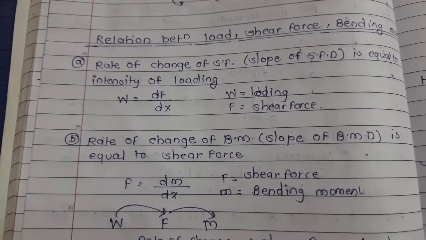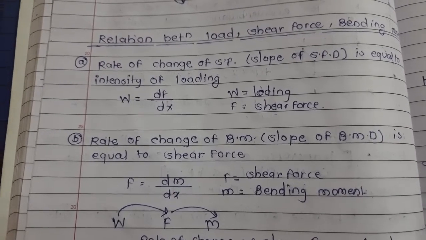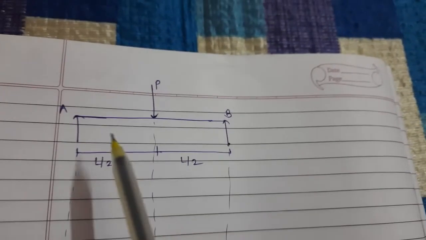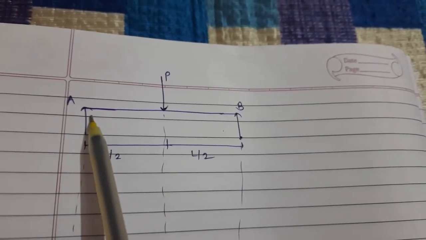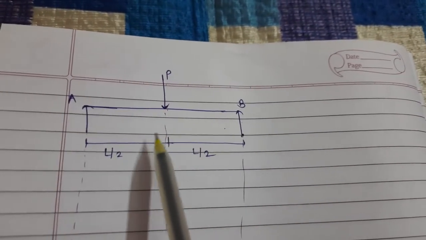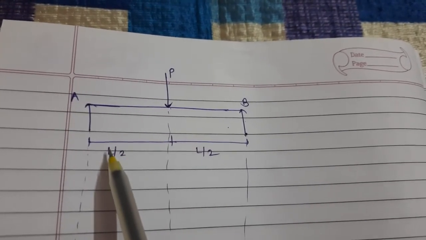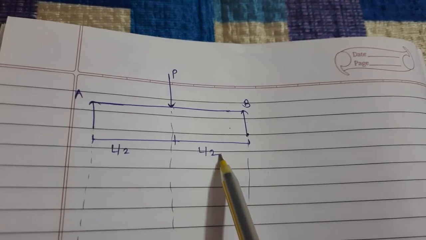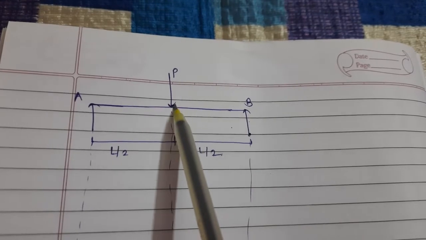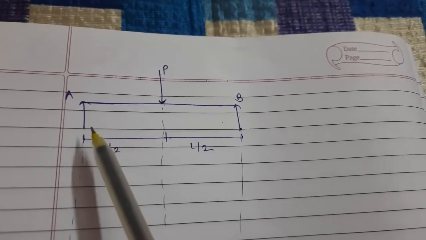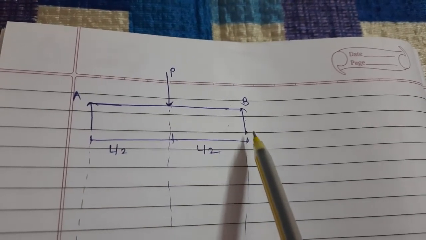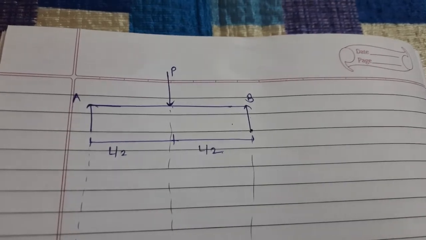The point where the bending moment changes its sign, meaning bending moment is 0, is called the point of contraflexion. See, we have been given a simply supported beam with a point load acting at the middle, hence L by 2, L by 2. We don't have to calculate anything when the point load acts at the middle. Then obviously RA is equal to P by 2 and RB is equal to P by 2. Only one force is acting here.